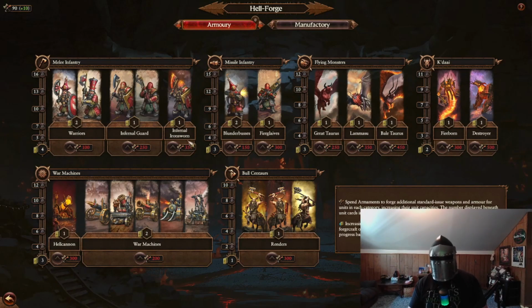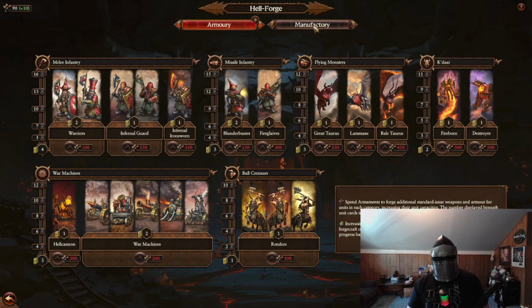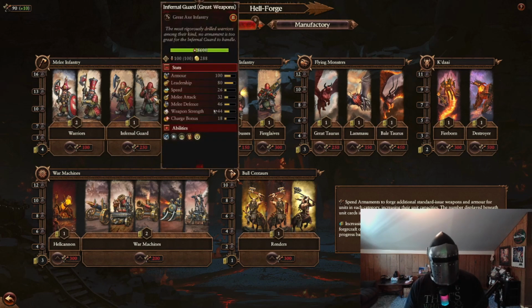This is what we spend armaments on: increasing unit caps. Also in the manufactory, once we increase a unit cap a certain amount, we'll be able to apply a buff to said units, and we unlock them by increasing the caps more. See, we get this, we get frenzy, and that'll apply to all of them. Now they do cost an armaments upkeep cost, so you'll want to make sure you get enough factories to maintain